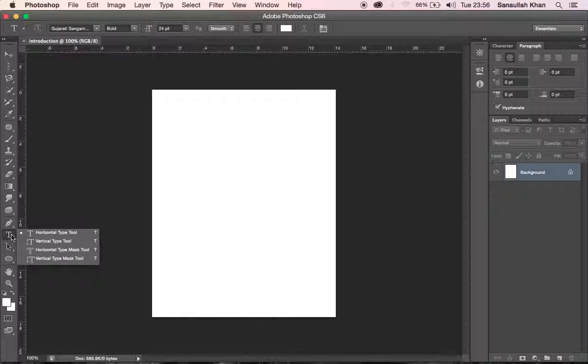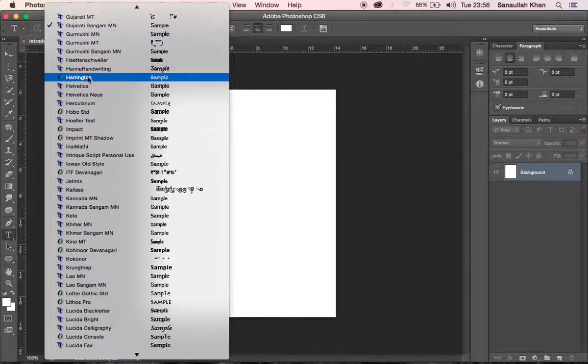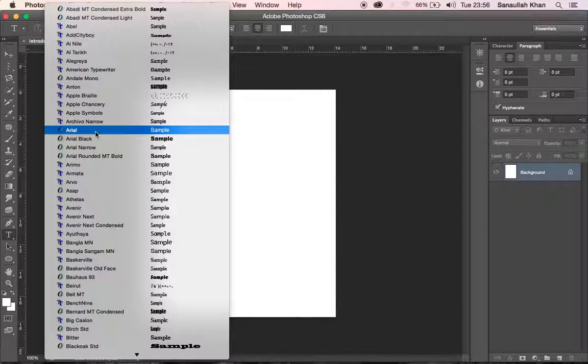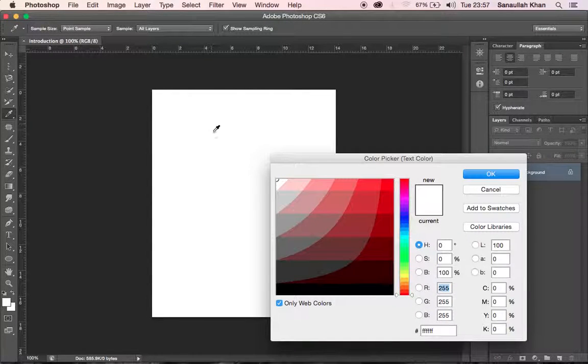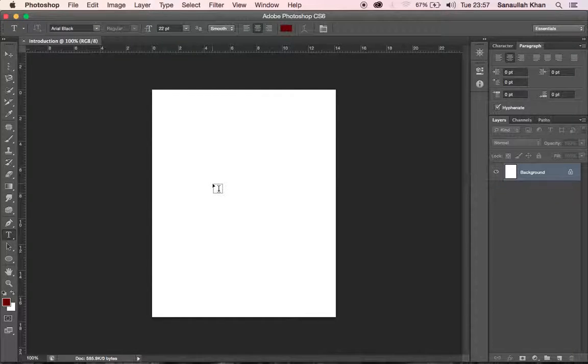Make sure after you select a tool, you have the properties related to that tool. So as this is the text tool, you have a font family, select any family from the options. What is the size of the font? You can increase or decrease the size of the font. And then the most important is the color. As you can see, my document background is white, so now I'll start with dark red color. Click on the canvas and then start typing